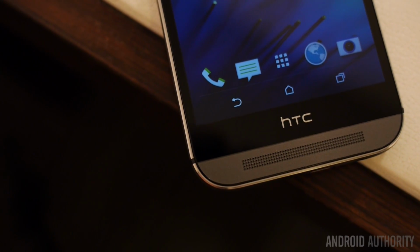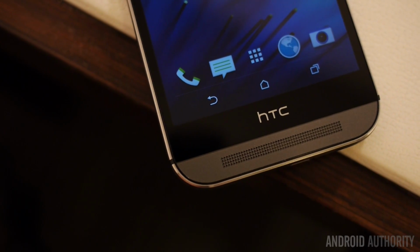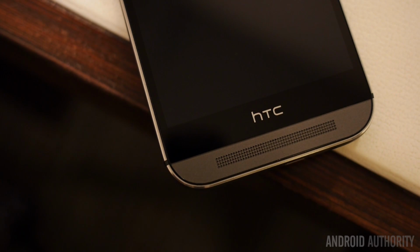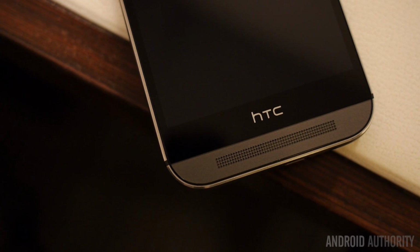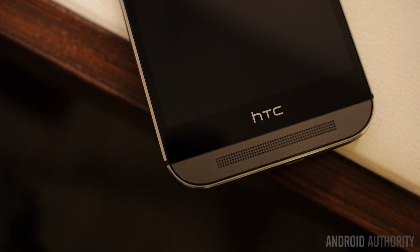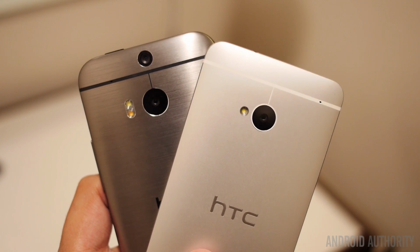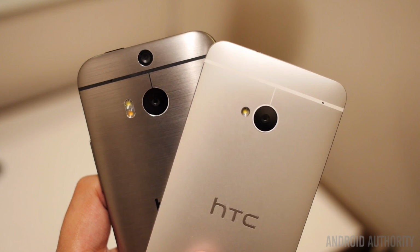And as far as those BoomSound speakers go, the great front-facing speaker design that was originally introduced in the HTC One M7 continues here, but the amplifiers in the speakers have been enhanced to provide an even louder experience with an even better soundstage for mids and lows. HTC did stick to the 4 UltraPixel camera of the HTC One from last year, and while it had its